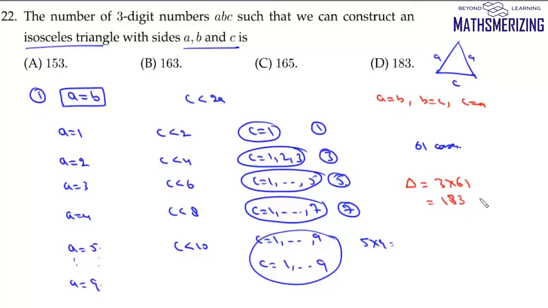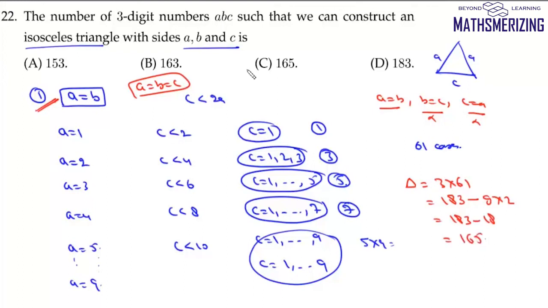183. Now here we have a problem, and the problem is if the triangle is equilateral, that is when the value of A equals B equals C, we have counted this case for each of the 3 cases. So that means we have some repetitions here. So first we'll need to find how many equilateral triangles there will be. For 9 cases, there'll be 9 equilateral triangles. So from these total cases, we'll subtract these equilateral triangles 2 times because we have to include them once, but we are not going to include them again for the remaining 2 cases. So it'll be simply minus 9 into 2. So 183 minus 18, and it'll be simply 165, and that's your option C.